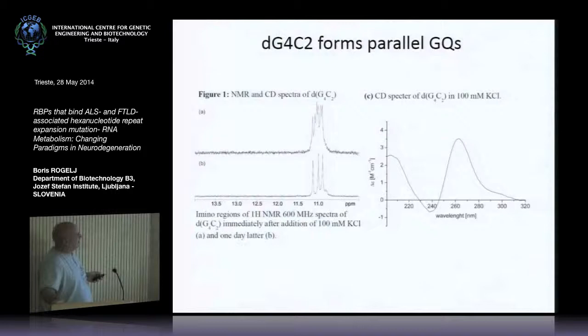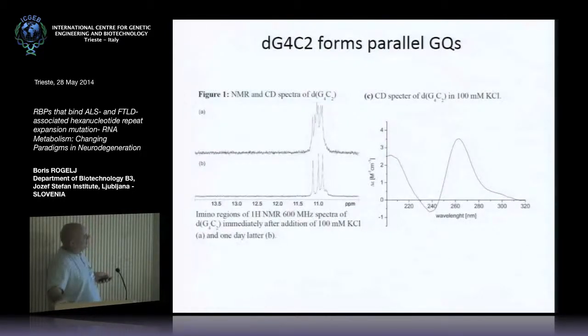This is a single 6-mer hexanucleotide, and immediately after addition of potassium chloride, it starts forming peaks in the region characteristic of G quadruplexes in the NMR. When we leave this for some time, like here for one day, the peaks sharpen, indicating the formation of a specific